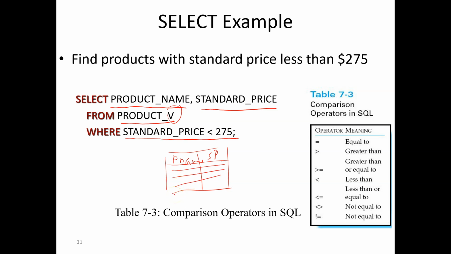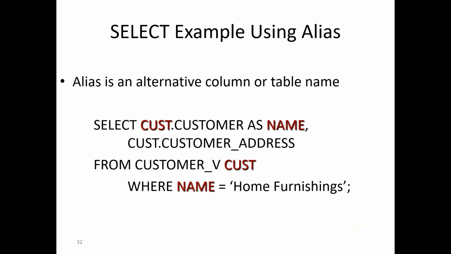Because there is no order by clause here, the result is not going to be ordered by anything. It will be listed in the same order as the table. Then let's look at another example here. In this example, we are going to use an alias for the table name and also the field name. Select